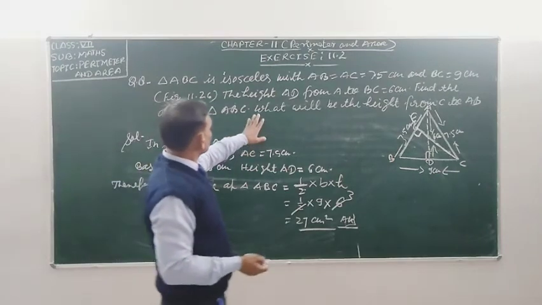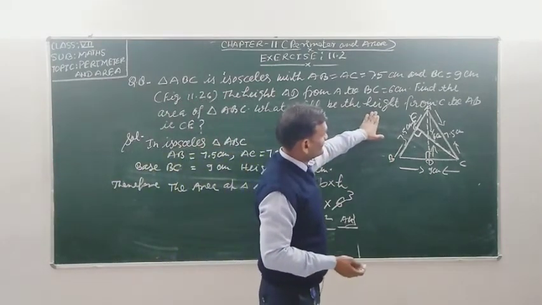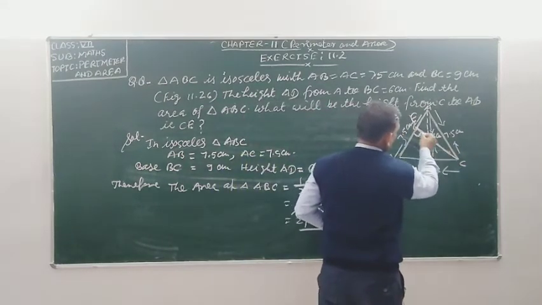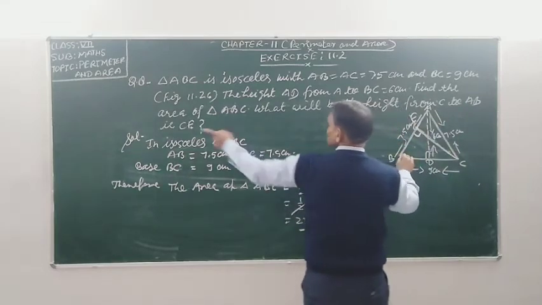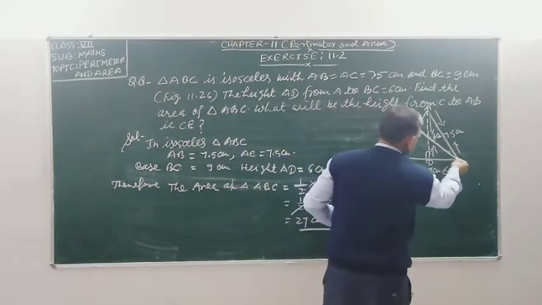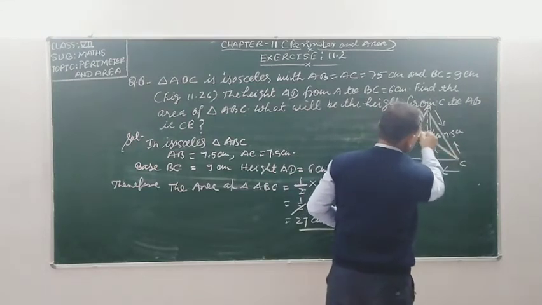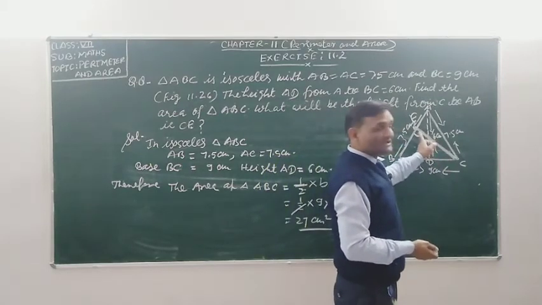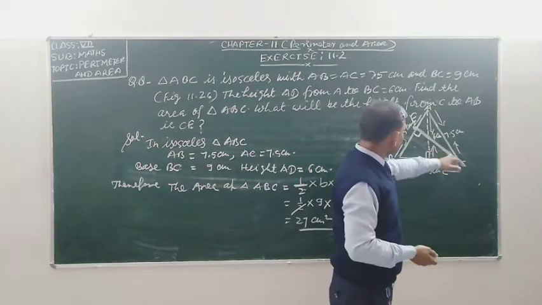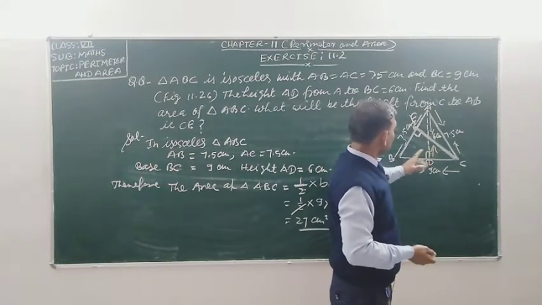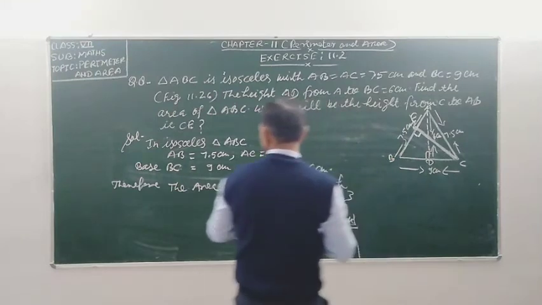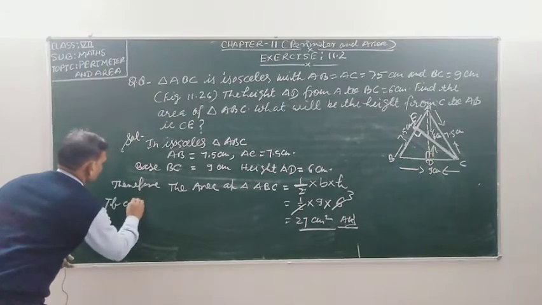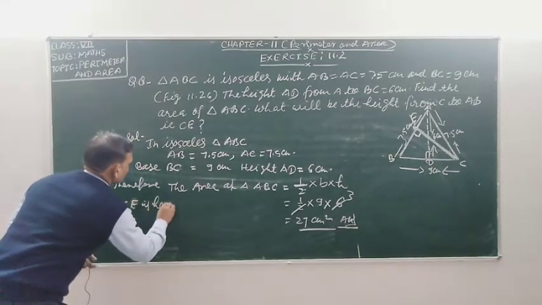So the second question is saying, what will be the height from C to AB? Is that C? Means what will be the length of CE? When CE makes a 90-degree angle with AB, so this is the perpendicular. It means if CE, you can write like this: if CE is height